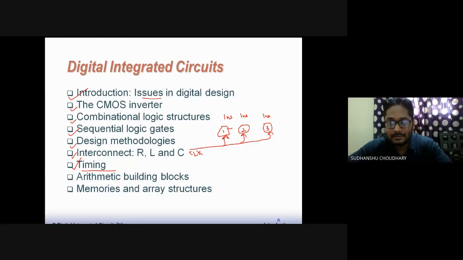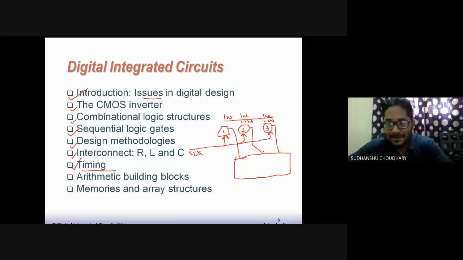But since there is a delay in the clock which is arriving here, the output of components number 2 and 3 will not come at 1 nanosecond. Maybe they give it, let us say, at 1.1 nanosecond and 1.2 nanosecond, because of this clock delay. And I want the output of all these 3 gates to come at 1 nanosecond, because these outputs are finally connected to some other logic block here, right? So these have to be at 1 nanosecond, but they are arriving late.